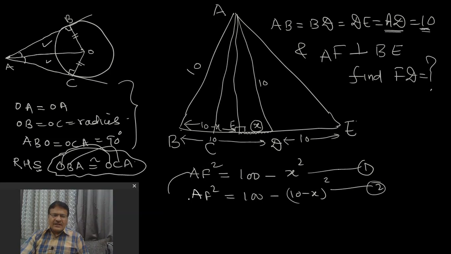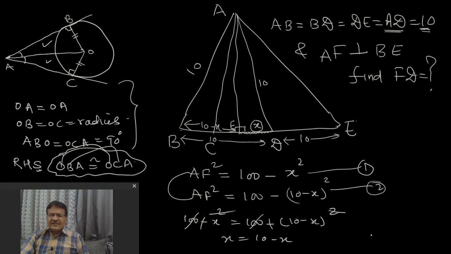And if these two are equal, AF square, then they both can be written as equal. So 100 minus x square would be equal to 100 minus (10 minus x) whole square. So this 100 can be cancelled, this negative also can be cancelled, this square also can be cancelled. So can I say x equal to 10 minus x? Yes, no. So if I transfer this x here, then 2x equal to 10, so my x equal to 5. That only I have to calculate. So I got the answer this way. I hope that is clear.